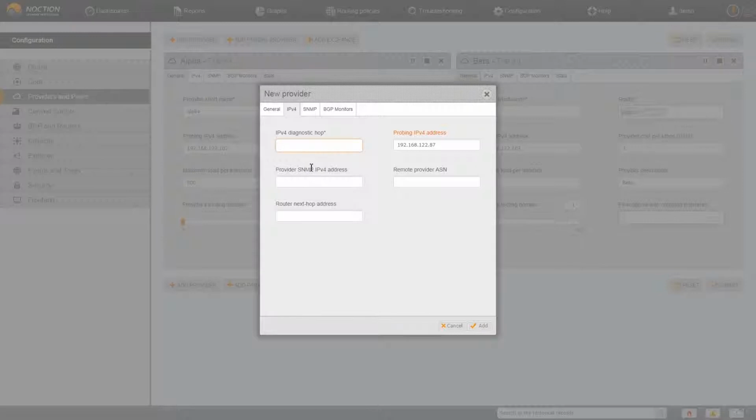Specify the IPv4 diagnostic hop, which is the next hop IP address of the specific provider. I will add here 172.16.32.32. You will notice that the probing IPv4 address is already specified. This value is copied from the General tab. In the provider SNMP IPv4 address, specify the IPv4 address that should be polled for SNMP statistics. I shall add here